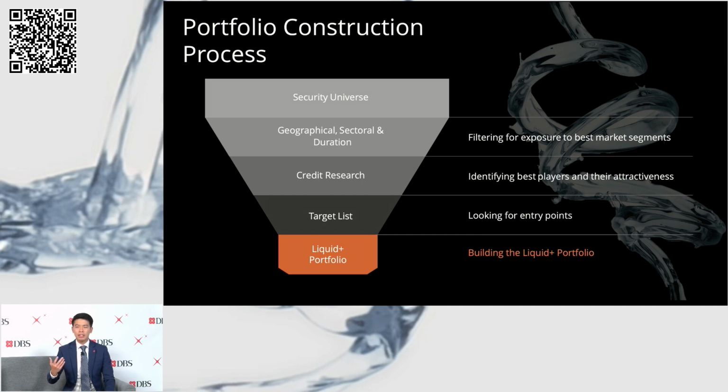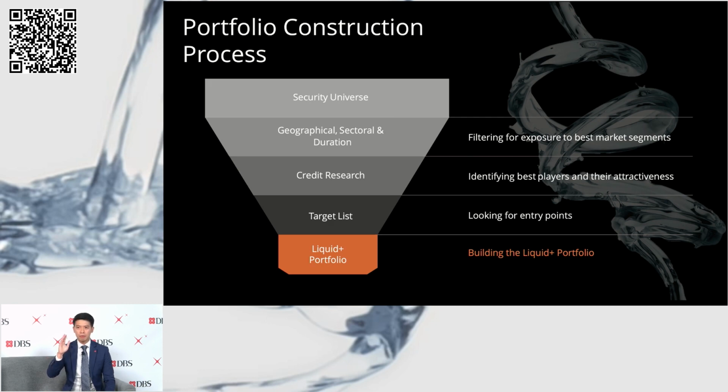Portfolio construction, moving from the top down to the bottom up. Bottom up is all about individual security selection. We work with our in-house research partners as well as external research partners to source for the best-in-class credit research. And here we analyze each company one by one, looking at their credit metrics, things like your gearing, your interest coverage ratios, their business competitiveness, the industry, earning stability, as well as other financial metrics that are really key to evaluating the health of a company.